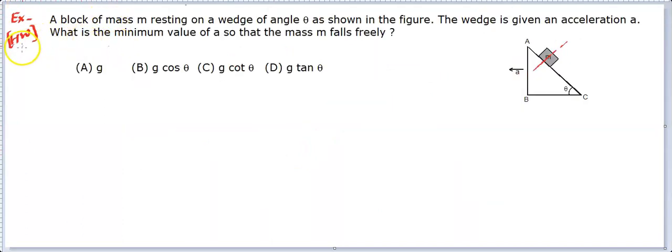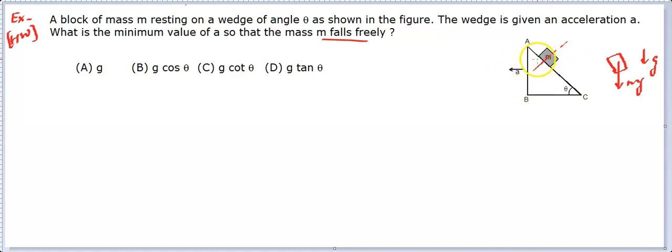Now let me give you the solution for the homework problem that I have given you in the last video lecture. And it says this is the situation and this m falls freely. So this falls freely with respect to ground, right? So falls freely means you draw the free body diagram with respect to ground, and you will find that no other force will be acting apart from the gravity. So that means it will be moving downside with acceleration gravity. We need to find what acceleration of this wedge has to be.